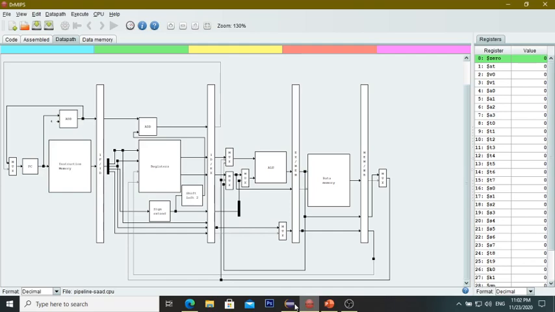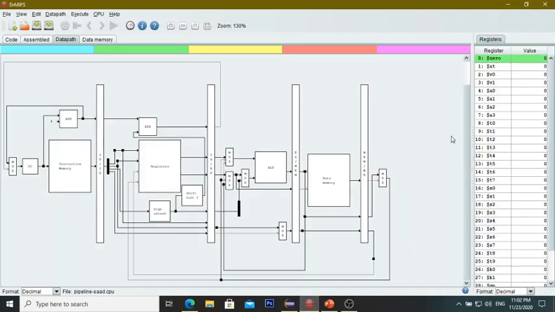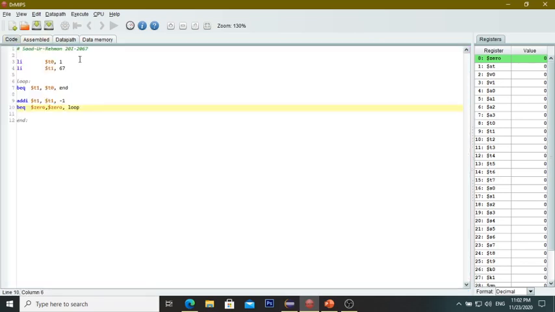Here we have the sample code that simulates a for loop.